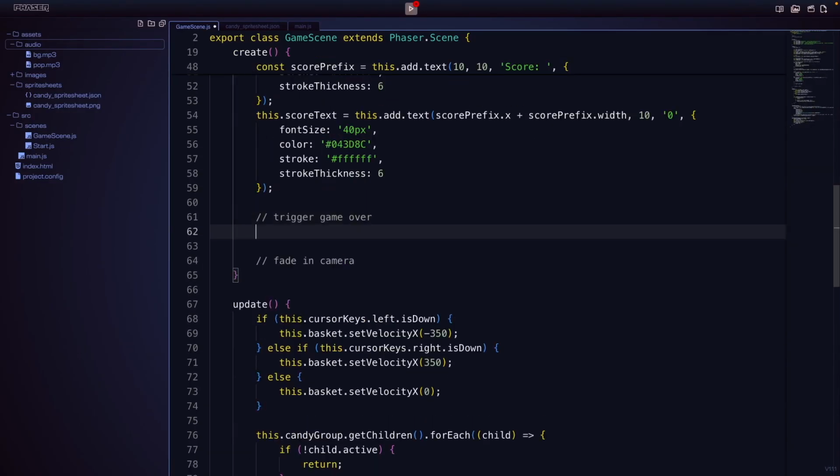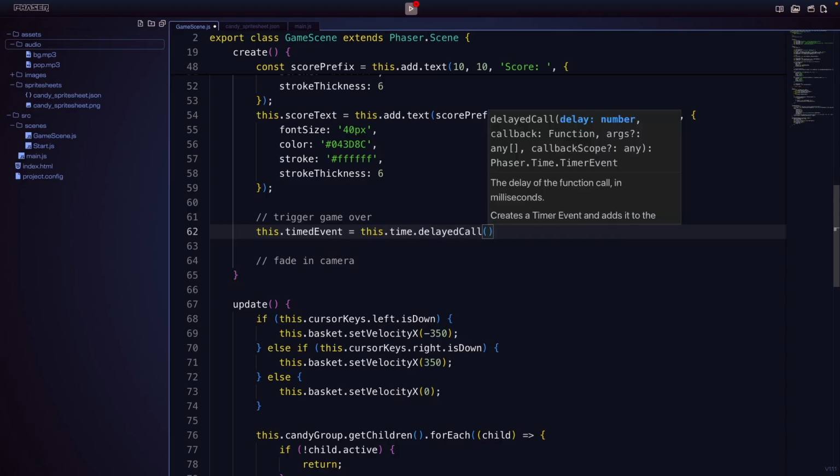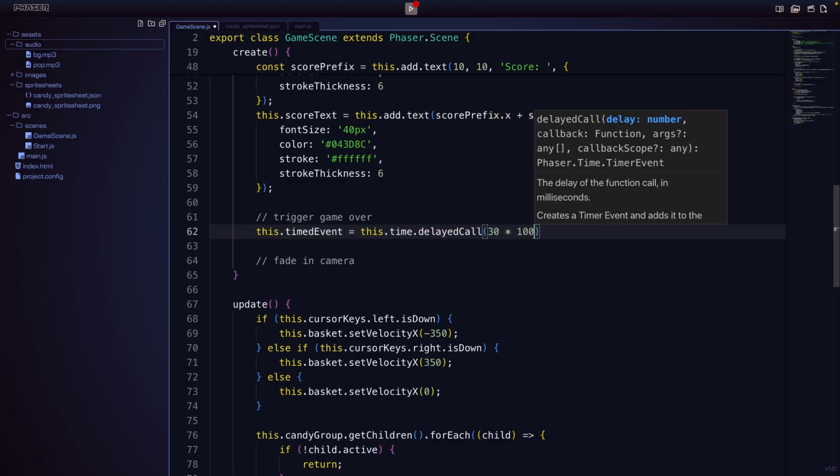At the bottom of our method, we'll need to create a new timer event, and we want to store a reference to that event on our class. So let's do this. We'll do timedEvent, and we'll set it equal to this.time.delayedCall. Delayed call allows us to provide a number of milliseconds we want to wait before we invoke our callback function. For our game, we'll want our rounds to last 30 seconds, so we'll do 30 times 1000